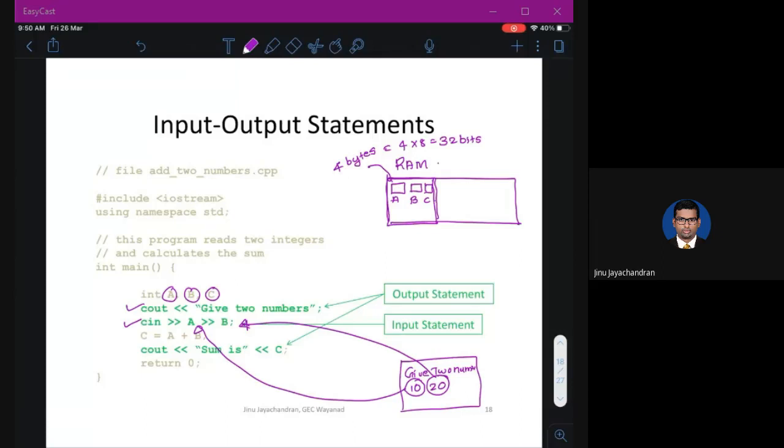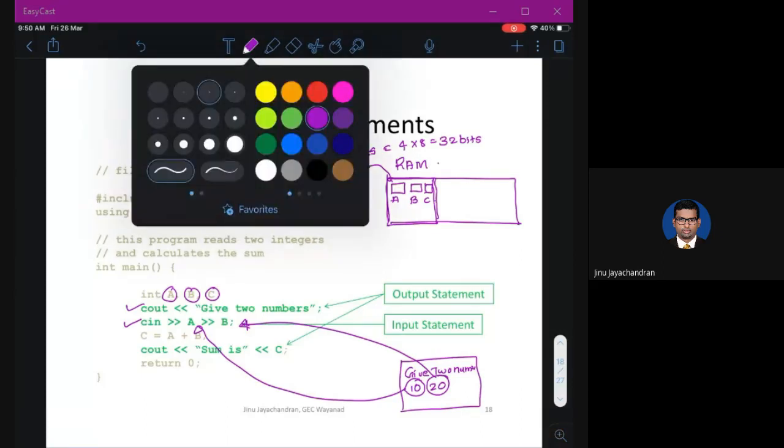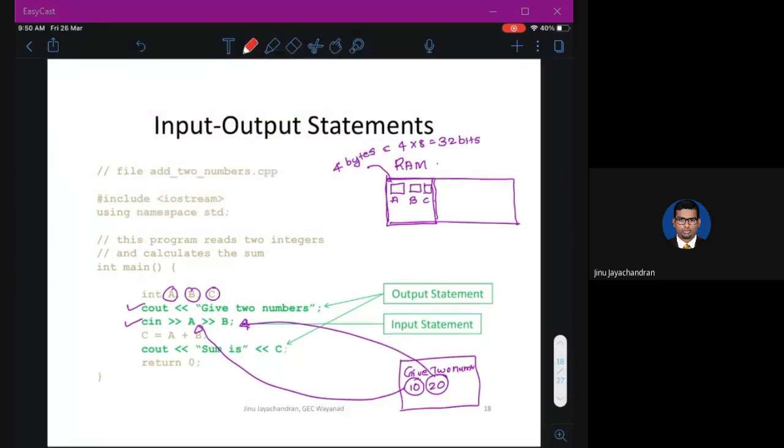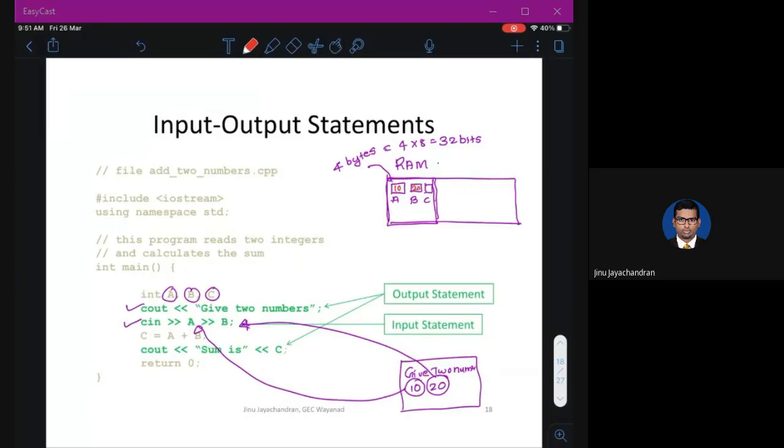So now these memory locations will have the values. A will be 10 and B will be 20. The memory location is filled with the value that you have typed. So cout give two numbers means it will print give two numbers.